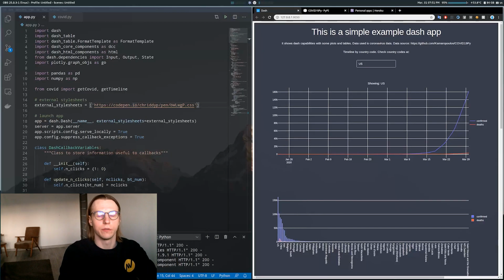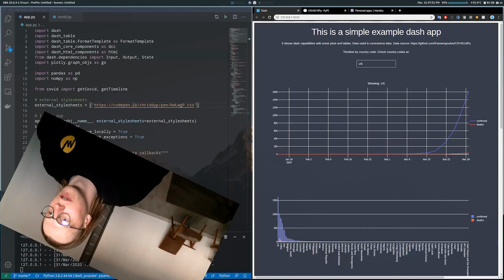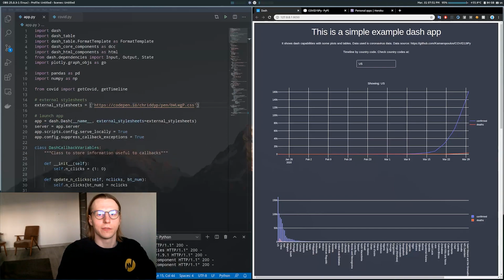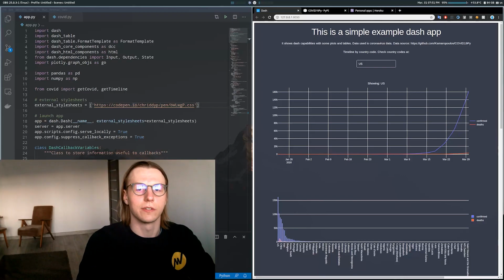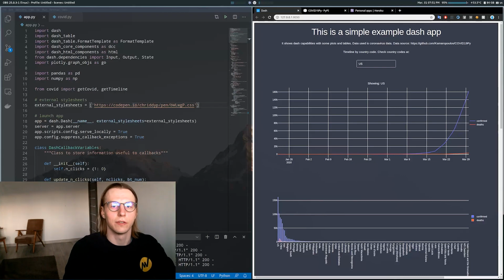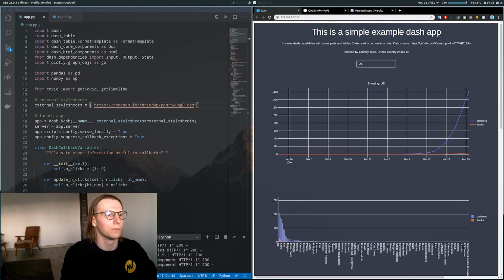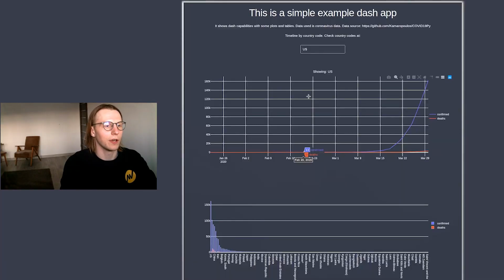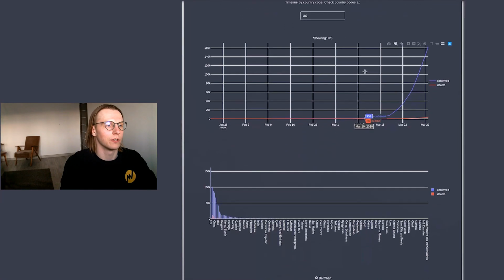The app is already built through the magic of video editing. But yeah, let's look into the code of the app, see what it is about, and go forward and upload it to the interwebs. So, as I said before, the app consists of two plots, one at the top and